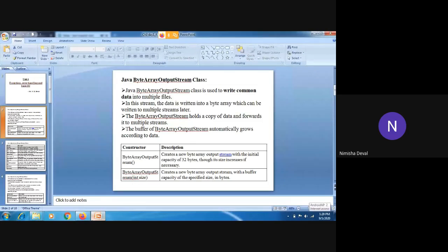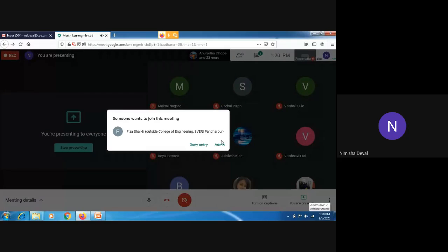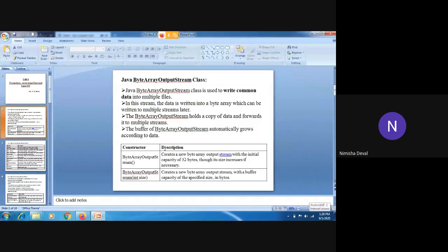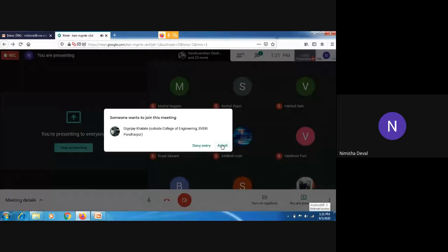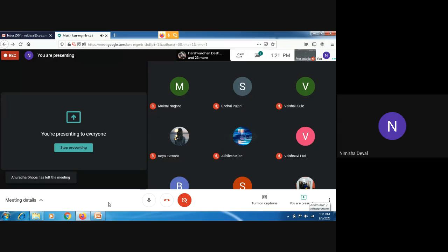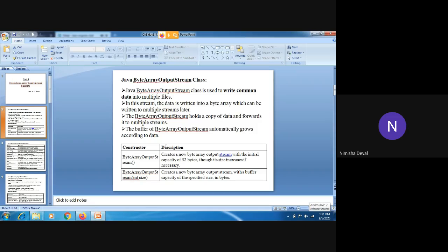Suppose I have written some message through our program, or we have taken that message from the user, like hello, and we process it into some output and try to save it into files.